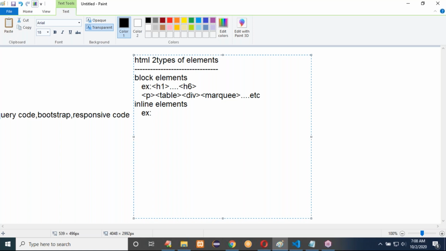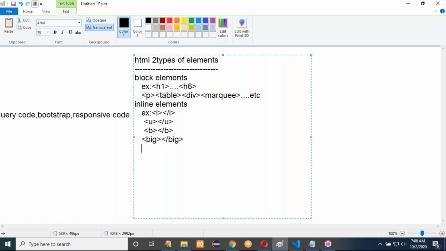Inline elements are, if I write the I tag, it will show you italic content, and the U tag will show you underlined content. You can show underlined content to the user with the U tag. In the same way, the B tag is used for bold content. If I use the big tag here, it will show that content in a little bit bigger size.